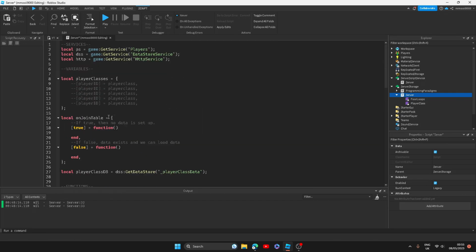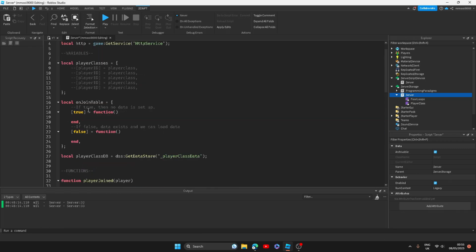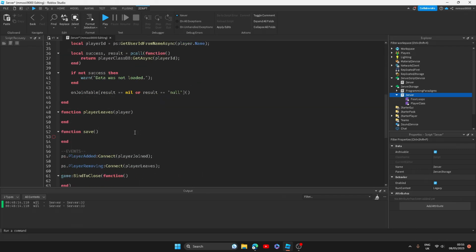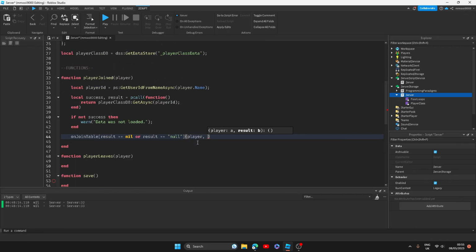Now, what are we going to want to pass into these functions? What do we need to do in these functions? Well, if it's true, then we need to create a new player class, and we need the player. So let's have player as a parameter, and let's also have the result as a parameter as well, just in case there is an existing result that we can load. So we need the result and the player that we are loading in. So down here as well, we can add the player and the result is just going to be an existing